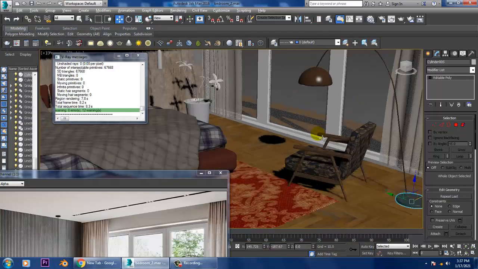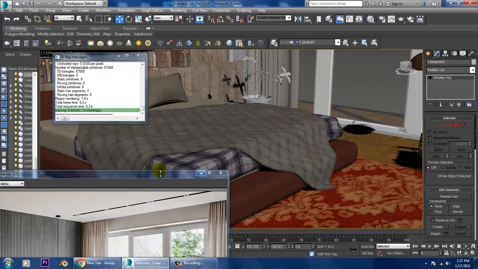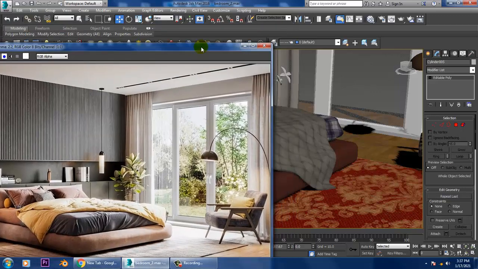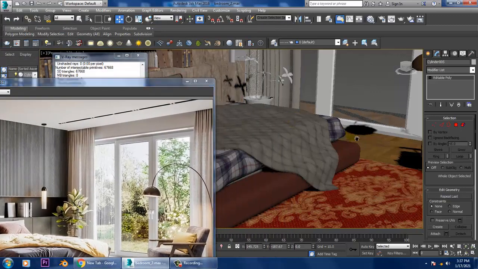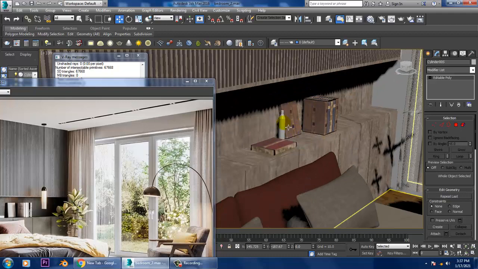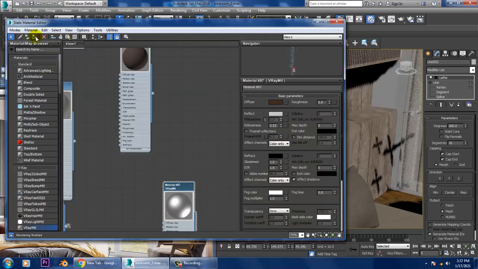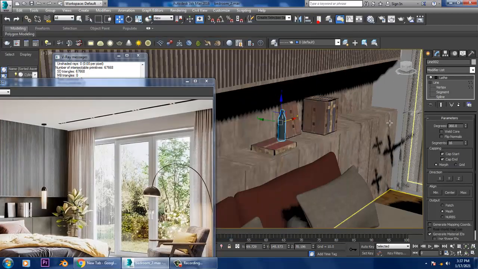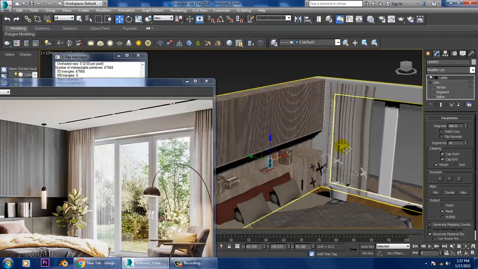Now what we'll be doing over here is we can give the same material to the bottle also if it is required.